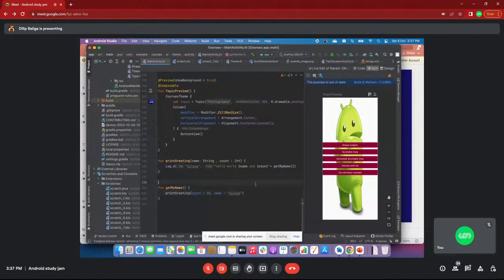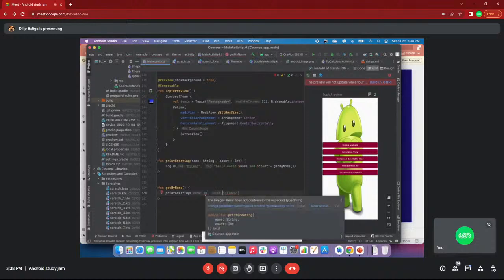This is the main advantage of a named argument. If you do not specify the argument names, then it is a mismatch, telling you that you are supposed to pass name first and then count. That is the difference of specifying the name while calling the function. That is the main difference.